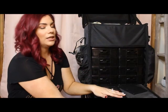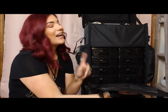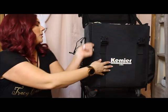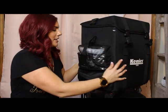So in here there's a little mesh that I'm going to show you guys in just a second, and then it has two sets of drawers, which I really like, and I haven't gotten to labeling. I probably should have done that before I did this video, but like I said, I just wanted to get this up there. So I'm going to zip this back up temporarily